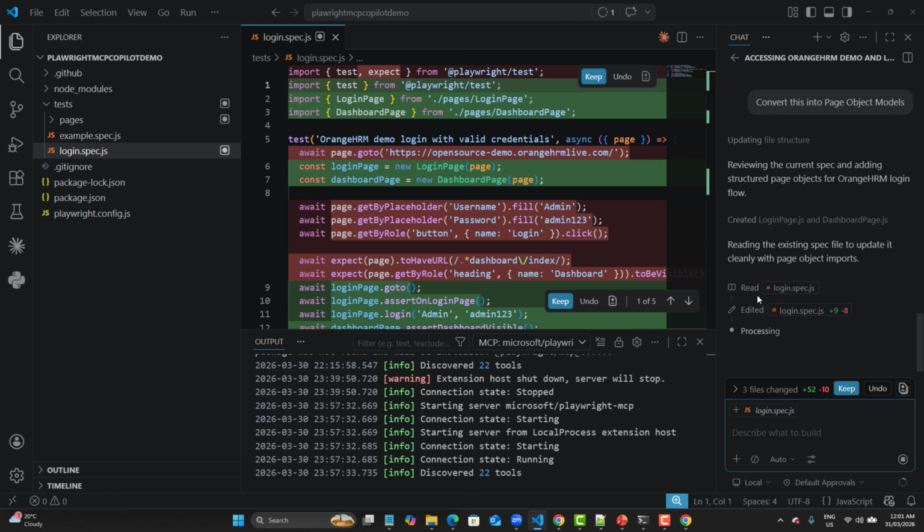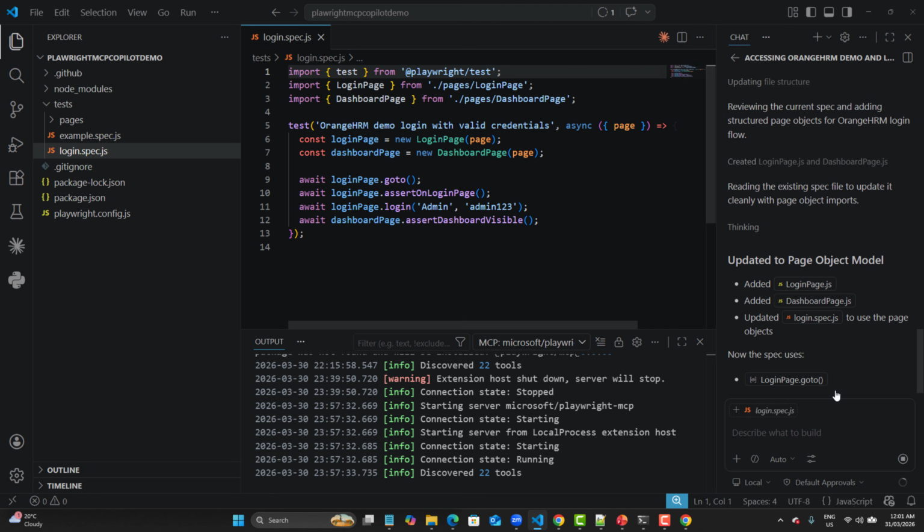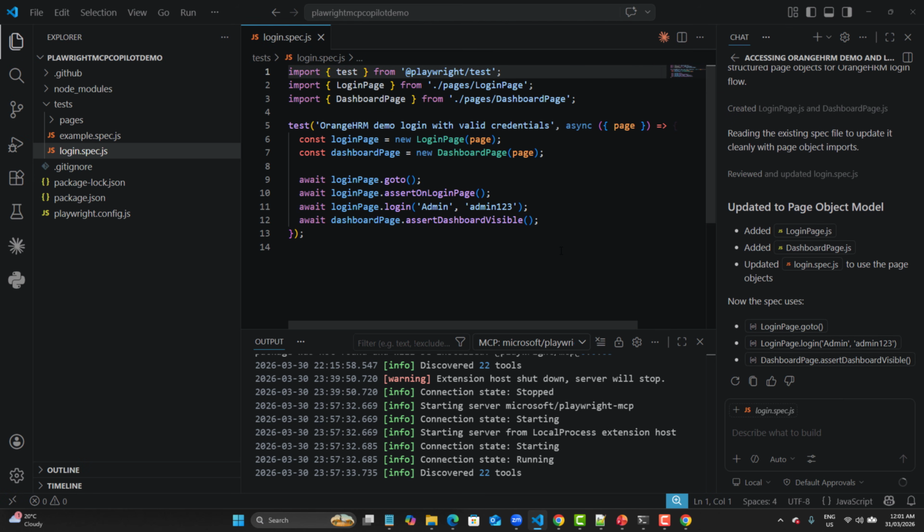So there are a lot of things it's saying in order to change. So I will say keep, and here you see that basically it created a page object file, and then let's see what it does. So now the spec uses this one and this one, and now what I'll say,